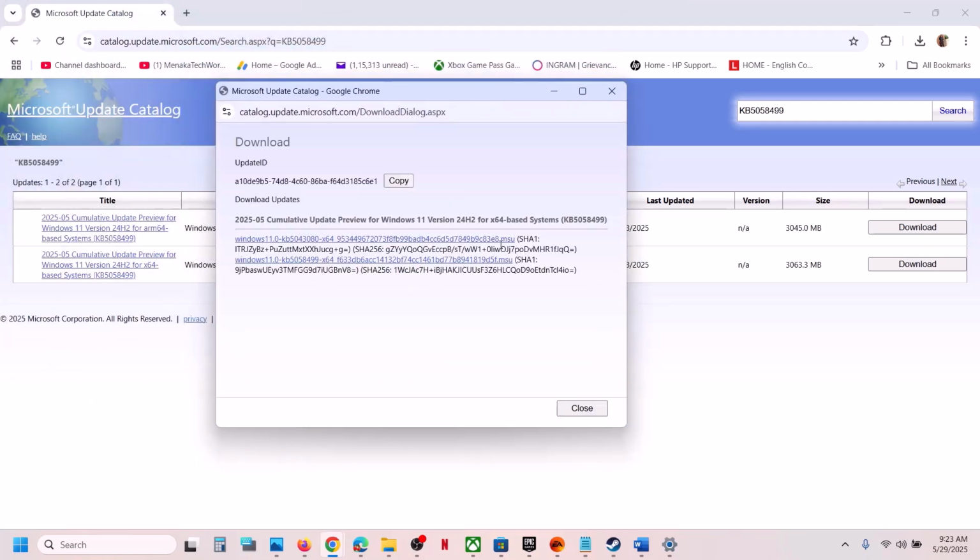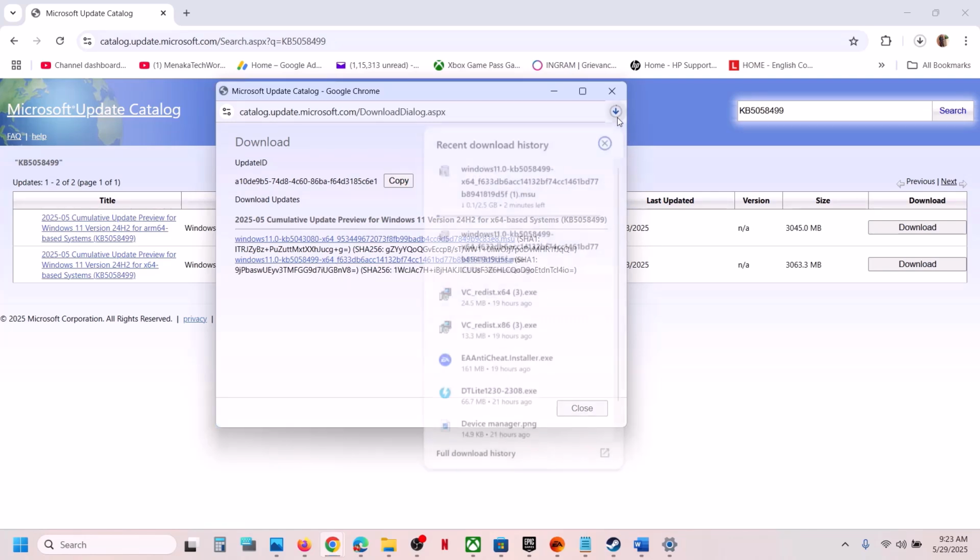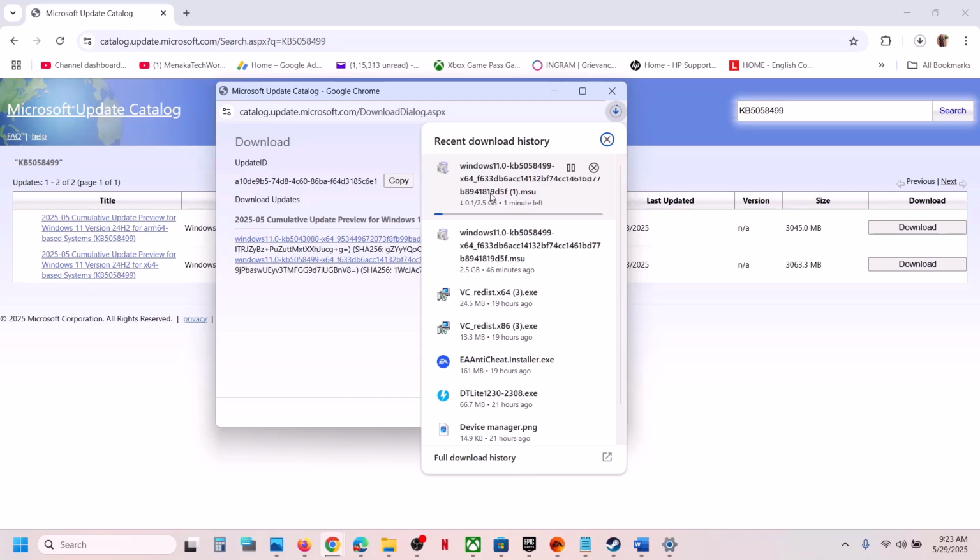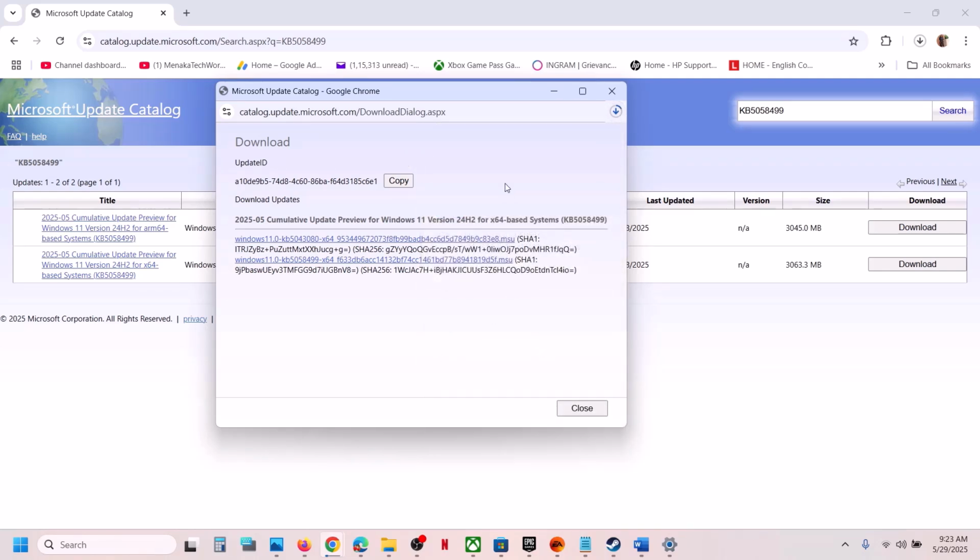and then you will see the update over here, that is KB5058499. Click on this blue hyperlink, and then it will start downloading the update. Now once the download is complete, you can click on this file and then you can run this file and you can update this manually. And after that, you have to restart your computer. Restart is a must. And you can also install this update and then restart your computer and then you can